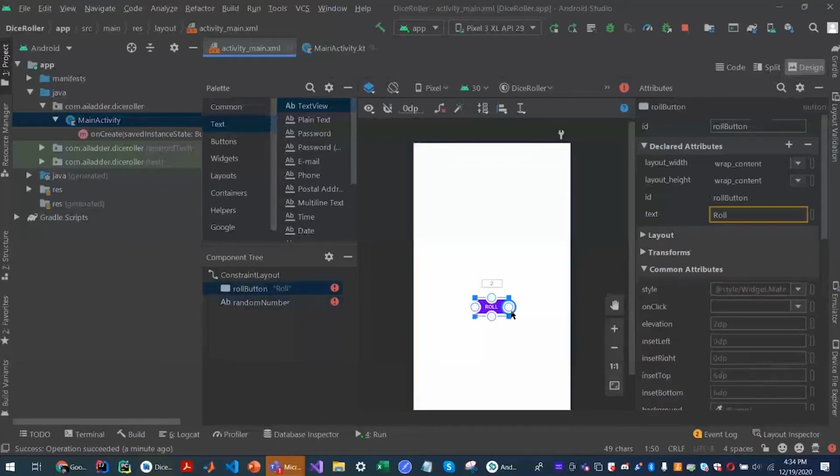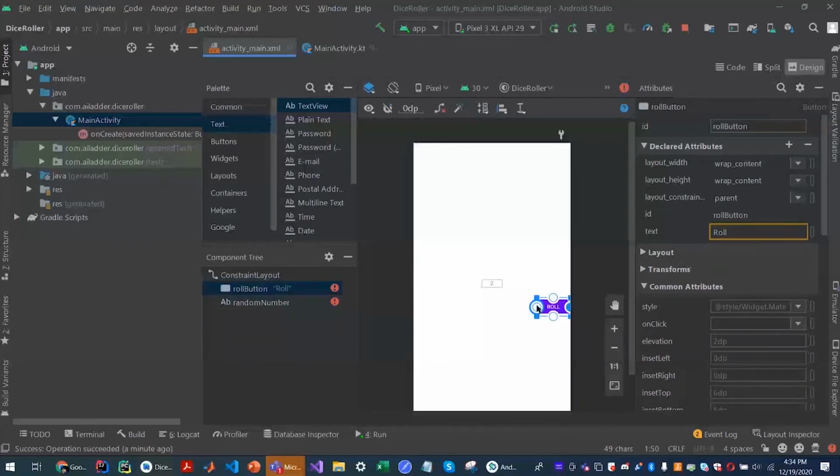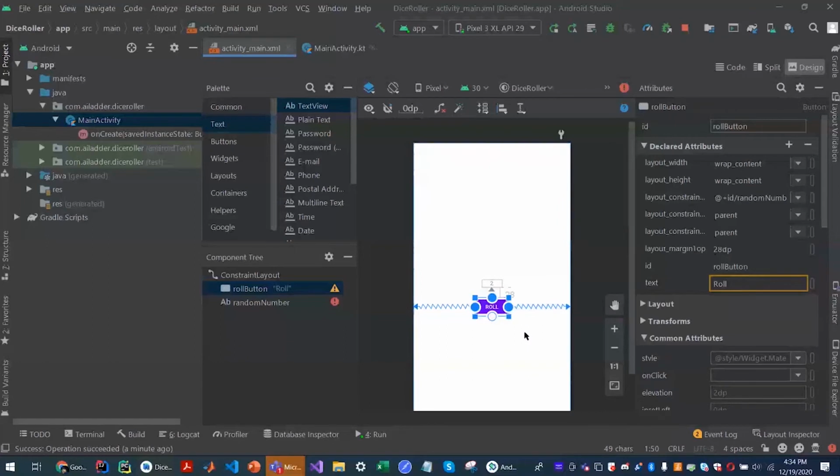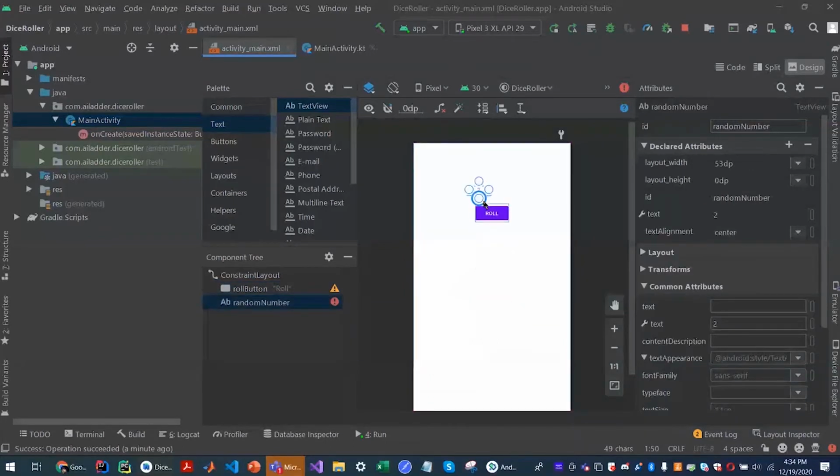So if you do that, you can do this. Now you can see that the warning went away. What I did here is that I attached the top of the button to the bottom of the text. This is called text view. So this is what I mentioned about relative positioning. If we move this, even this will move. See, I dragged it here and it moved along with it because it's attached to the bottom of that particular view.